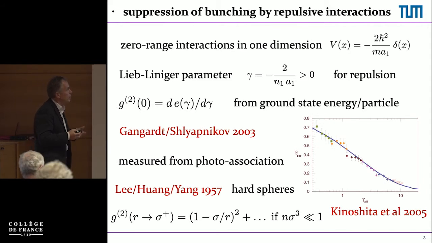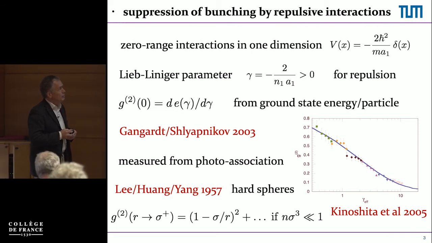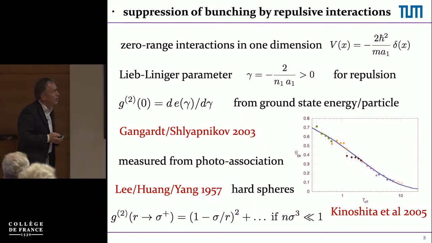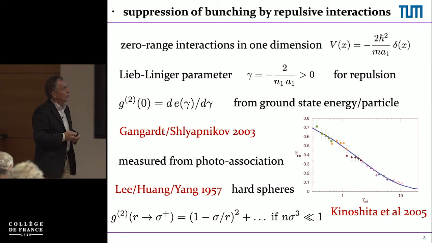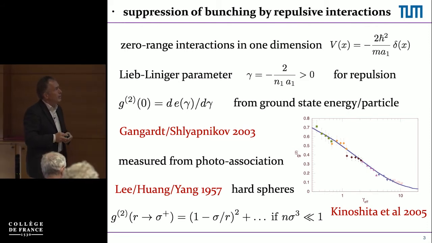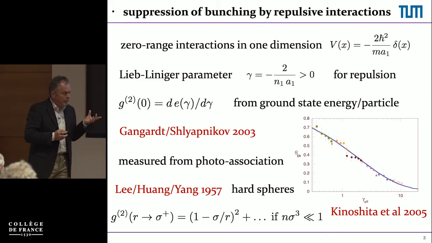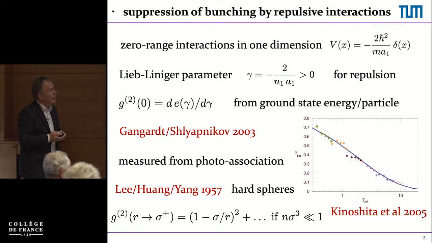And this is something that was predicted by Dmitri Gangardt and Georgy Shlyapnikov in 2003, and the suppression of the G2 of 0 with repulsive interactions was measured two years later by Kinoshita in the group of David Weiss, by looking at the rate for photoassociation, where you take two atoms in the continuum with a stimulated transition to form a molecule. And this rate, with increasing gamma, which at that time you could increase by tightening the one-dimensional configuration, namely the confinement, you increase the confinement,